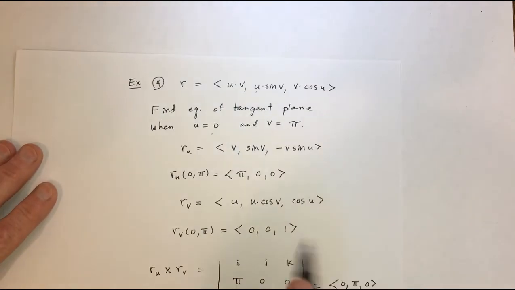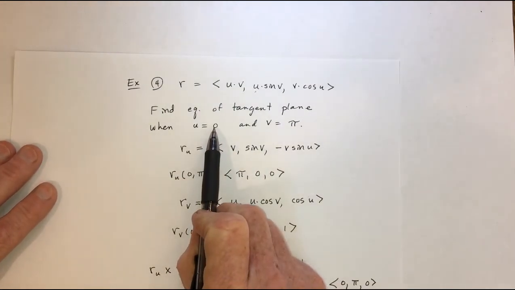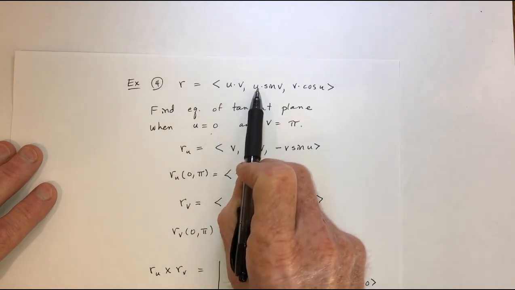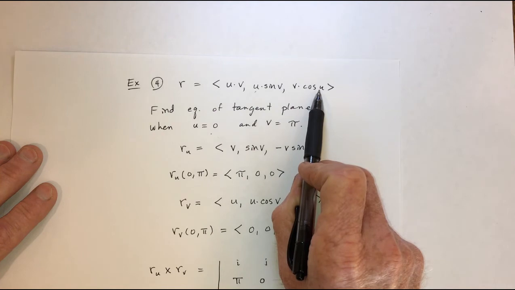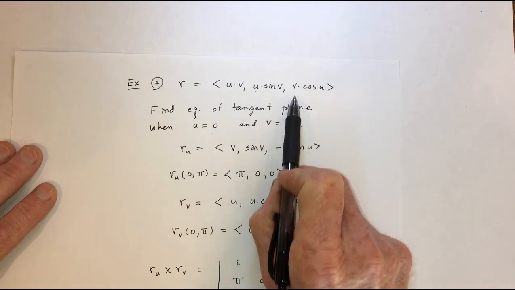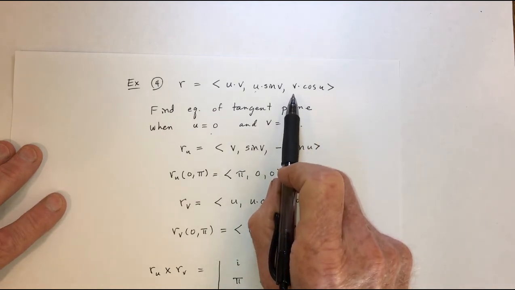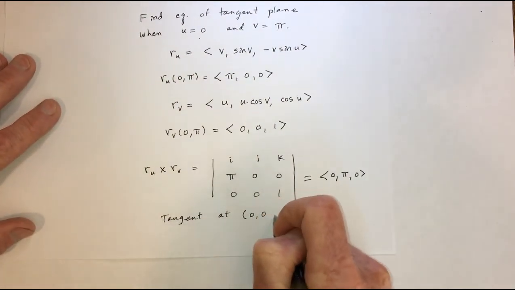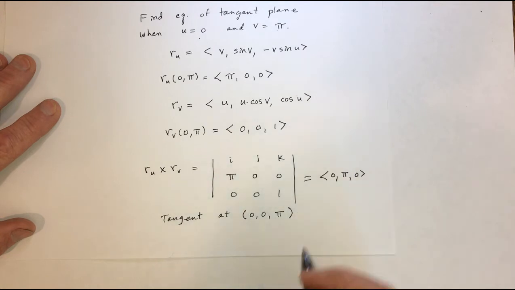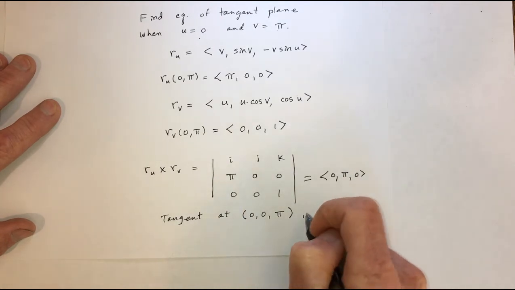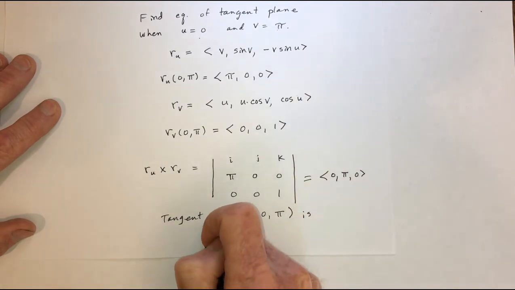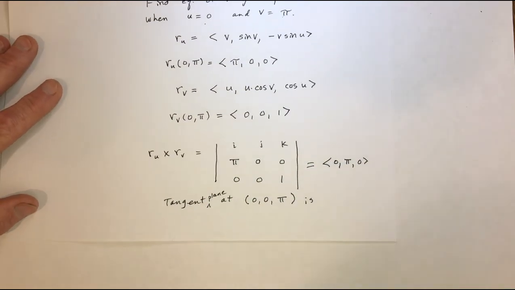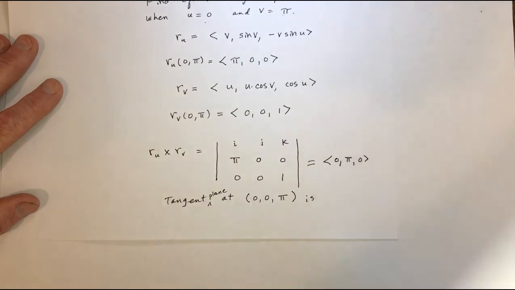So go back to the original function, and if you substitute 0, that's going to be 0, that's going to be 0, and then this is going to be cosine of 0, which is 1, and substitute the pi, so the point is 0, 0, pi. Oh, right here I meant to say tangent plane at 0, 0, pi is,